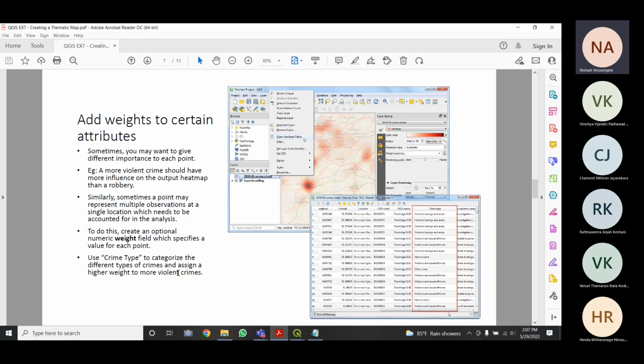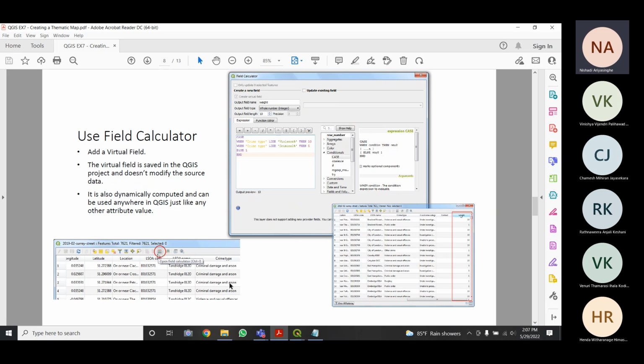Use the crime type to categorize the different types of crimes and assign a higher weight to more violent crimes. So how are we going to do this? We are going to use the field calculator. There's an option called field calculator. So we are adding a virtual field, right?